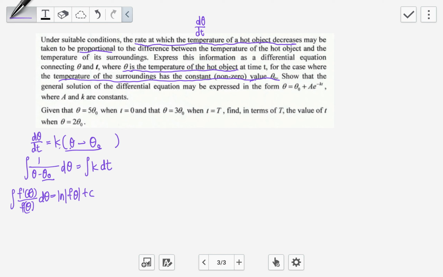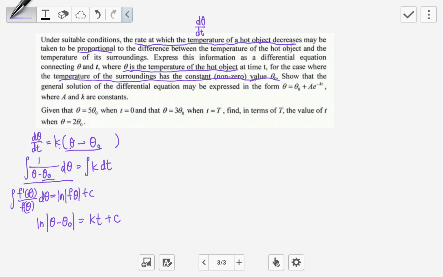Because now the denominator is only theta minus theta naught, when we differentiate theta minus theta naught with respect to theta, we get 1. So it's exact in this form. So this part will change to ln modulus theta minus theta naught equals, integrating this, k is just a constant, so integrating a constant gives me kt